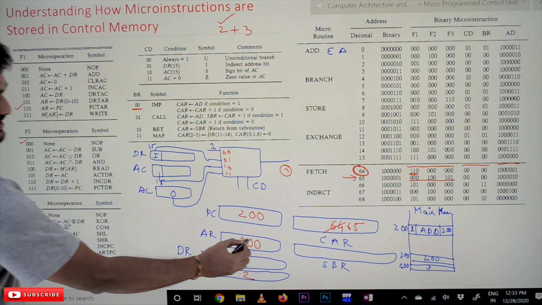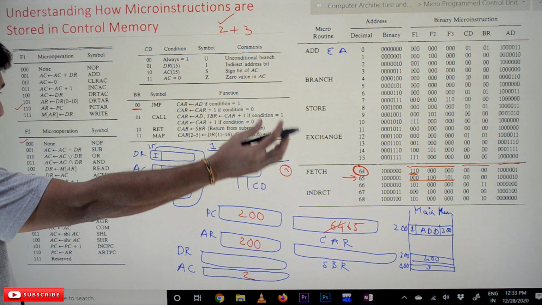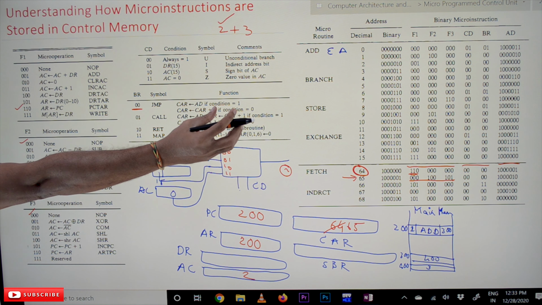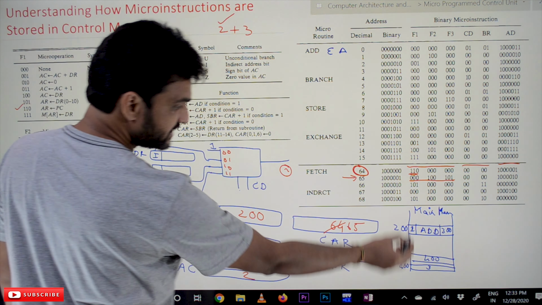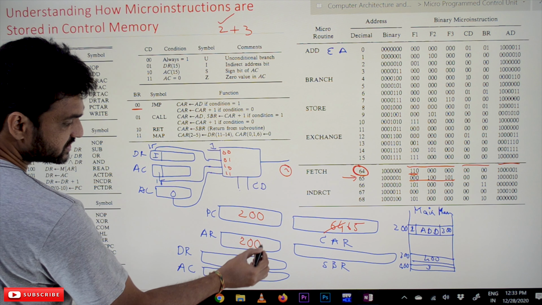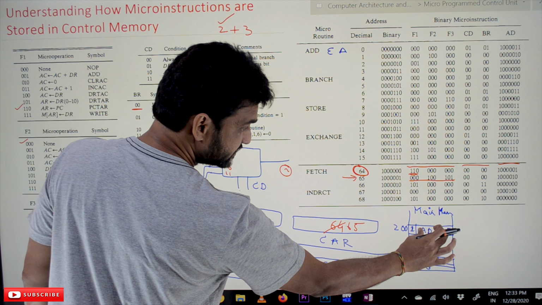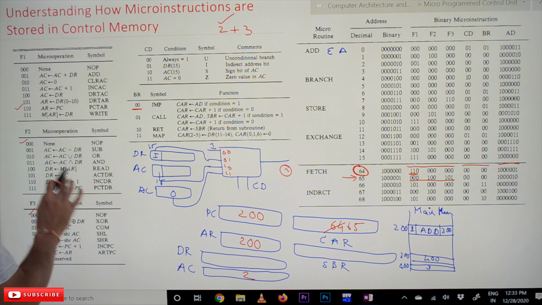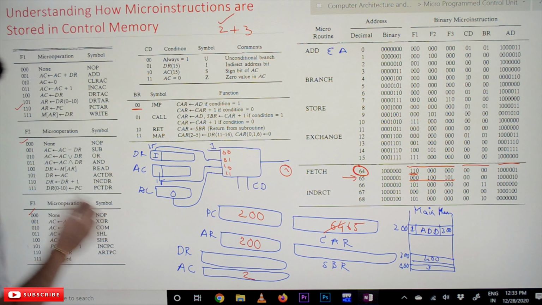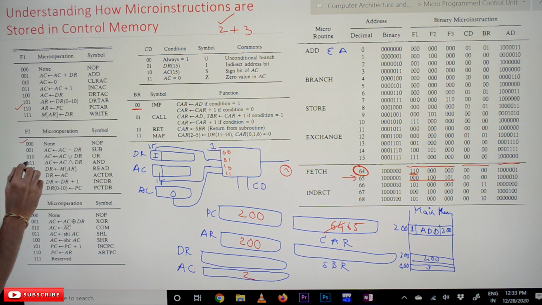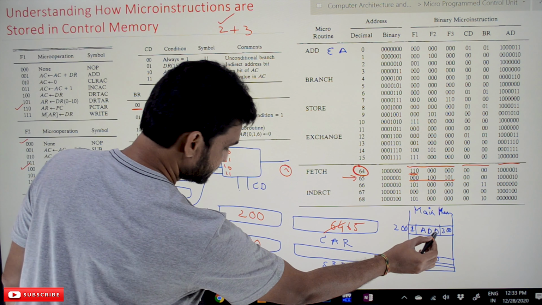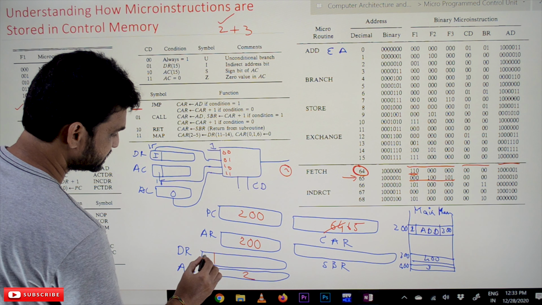Based upon the address register value, which is 200, we go to the main memory and fetch the stored instruction onto the data register. So this instruction will be fetched onto the data register.